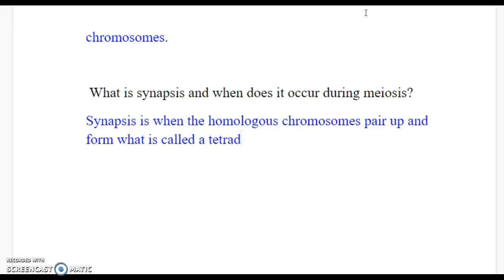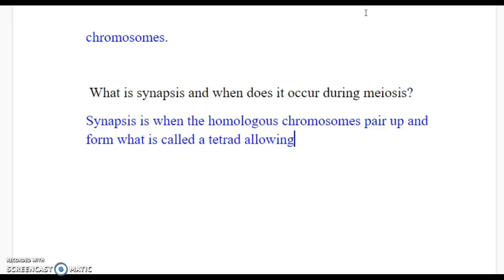Remember, tetra means 4. So the chromosome number 1 from mama now has 2 sister chromatids because DNA has replicated. Chromosome number 1 from dad now has 2 sister chromatids, so 2 mama chromatids, 2 daddy chromatids together. That's 4 chromatids for that chromosome at that point. It's called a tetrad. So synapsis is when those homologous chromosomes pair up and form what's called a tetrad,